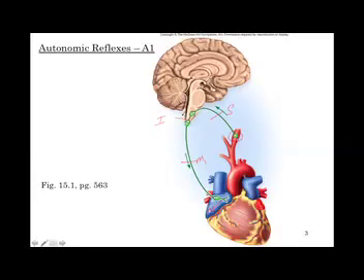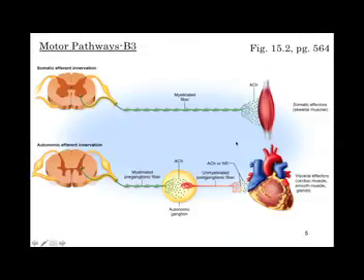Now we'll talk specifically about some of these autonomic reflexes when we get into the cardiovascular system and a few other places. All right, so let's compare then the motor pathways of these two motor systems. We have